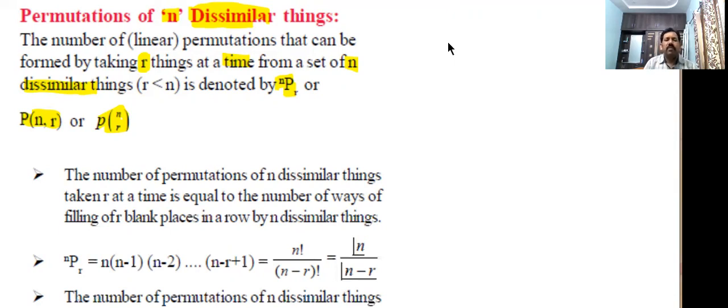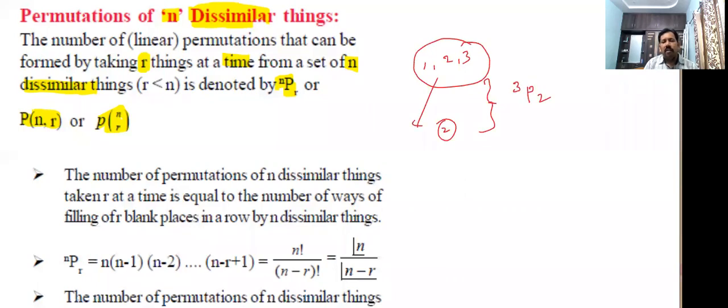So in the previous example we explained, there are three digits. Out of three digits, any two digits can be selected. That means by using the formula, how to write it? 3P2. Suppose you selected all, how to write it? 3P3. Here, observe that nPr. What are the conditions? n is greater than 0 and r is greater than or equal to 0 and n is greater than or equal to r.